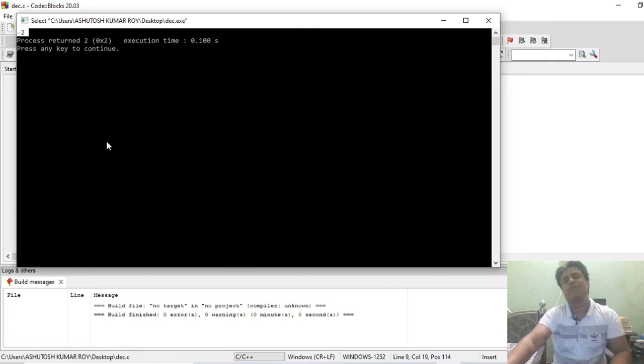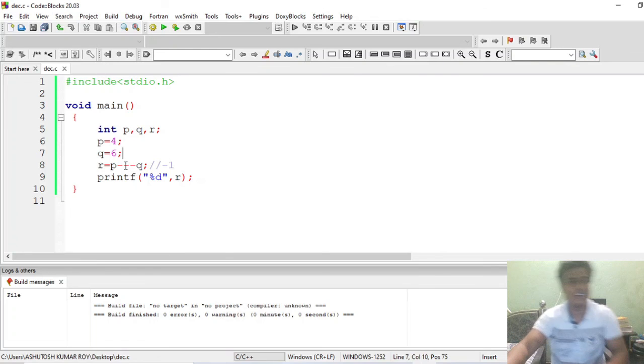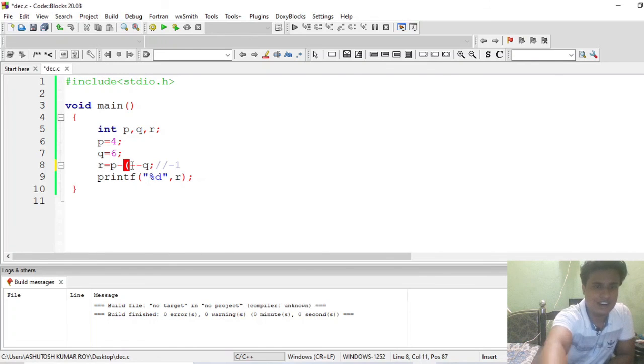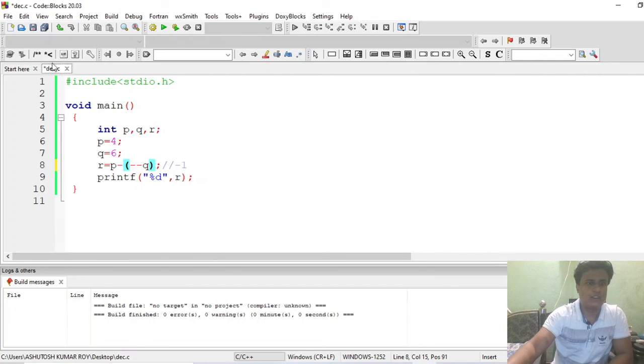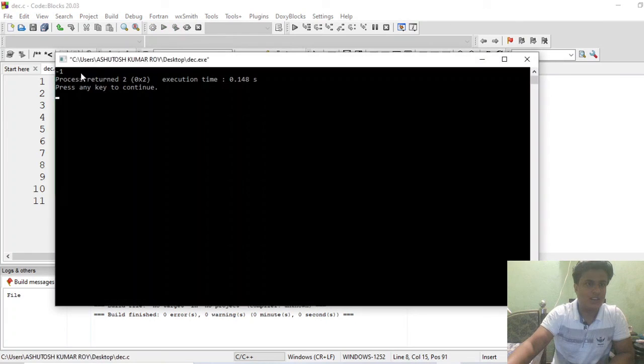So we are not getting the regular output. The output we want to get is minus 1, and we are not getting minus 1. So what will you do? Now the role of parentheses will come. Use this, because the compiler gets confused about which operator to use here. So these are the desirable outputs which I was talking about. Let me use this. Let's see the result, and now do we get the desirable output of minus 1 or not? Here you go, you can see that we are getting minus 1 here.